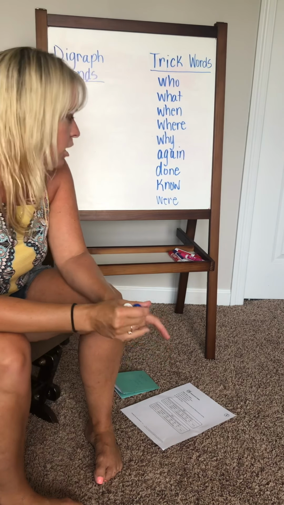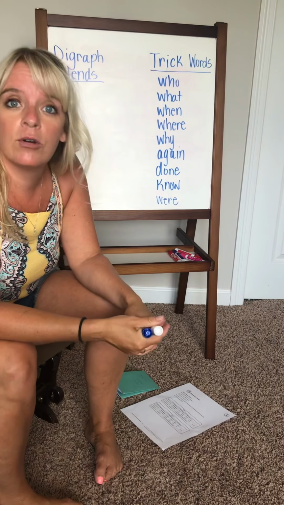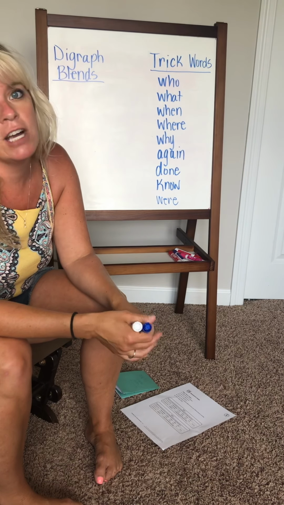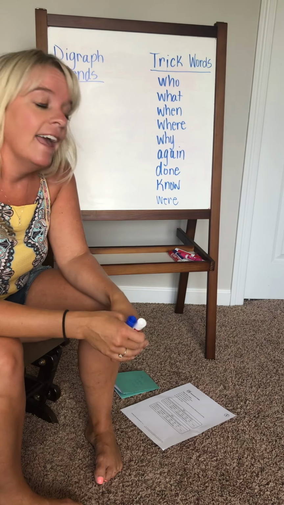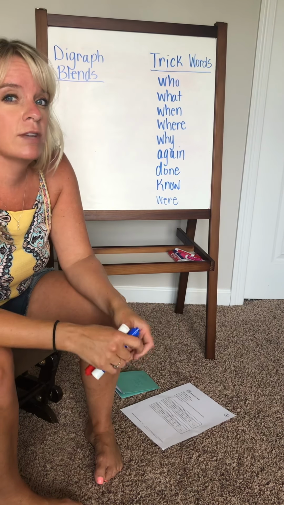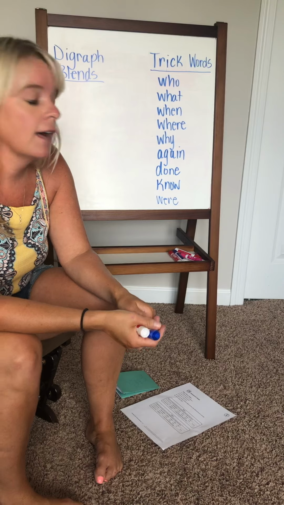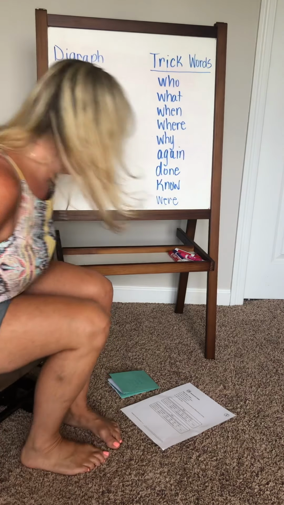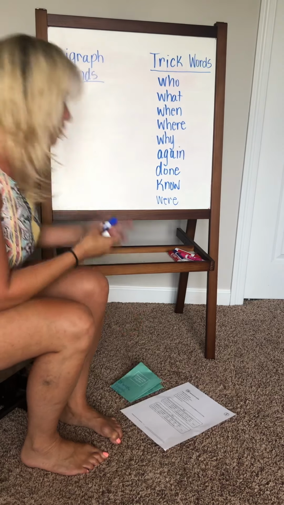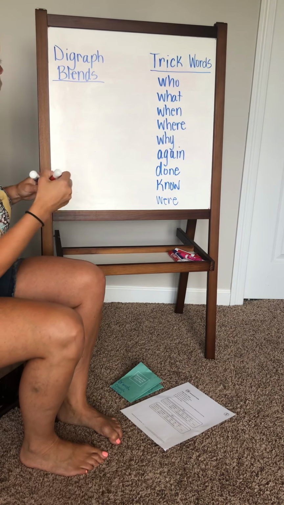Then we started to talk about some blends, and we went over some different blends like CL and BR and DR. And then we started to talk about digraph blends. So I just wanted to review digraph blends again real quick. I have a couple of examples to go over with you, and then we can move on to your trick words. So your first word,